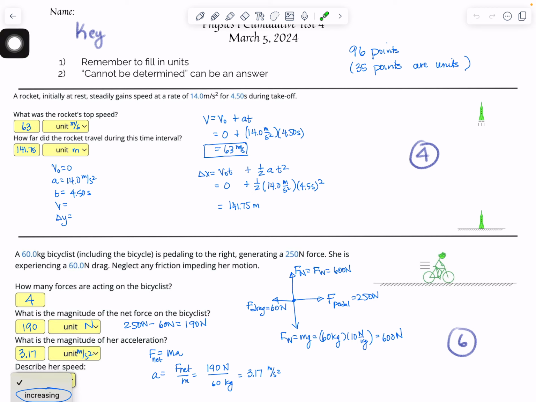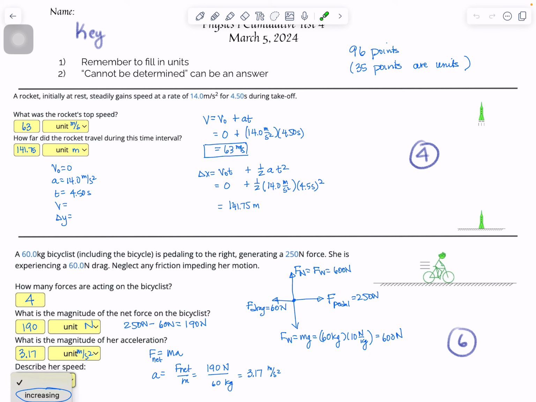So this is a kinematics question, and we want to start with listing variables. We know the initial velocity is 0, the acceleration is given, there's my time, and I don't know the final velocity or the height. Going through the equations, looking for final velocity, this is the one where I only have one unknown, which is final velocity, and I just substitute in my values. 0 for initial velocity, acceleration is that, time is that, I multiply that together,